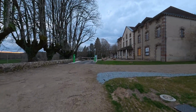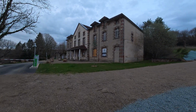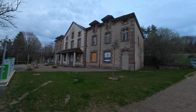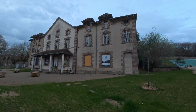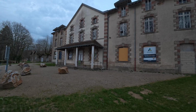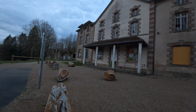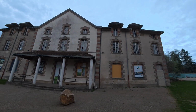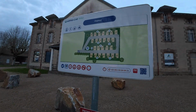Yeah, and this is the old orphanage, and it was used as a hospital. But as you can see now, it's a bit run down and derelict. Not sure if it's used for something. I get the feel it could be something like outdoor activities, maybe for youth groups, school groups or whatever. But obviously you can see the top windows are broken, so if it is used, it's probably the ground floor. But this is where we're staying,